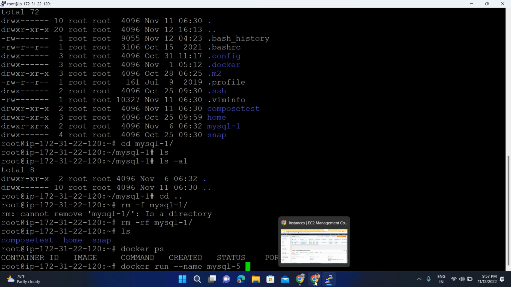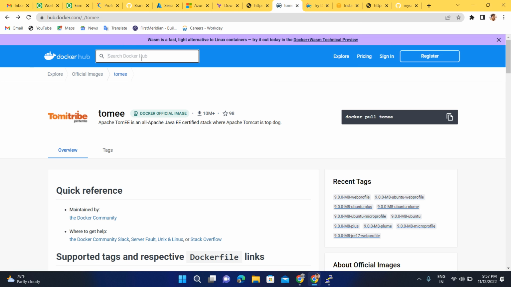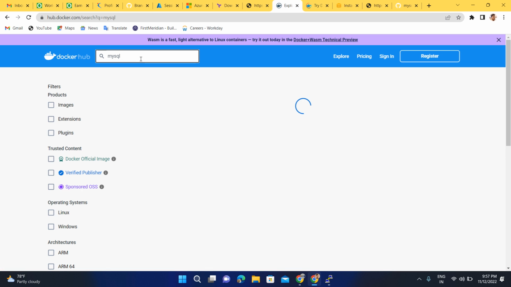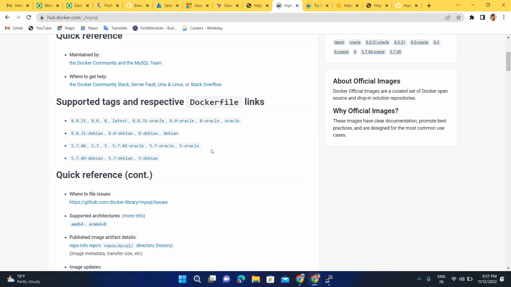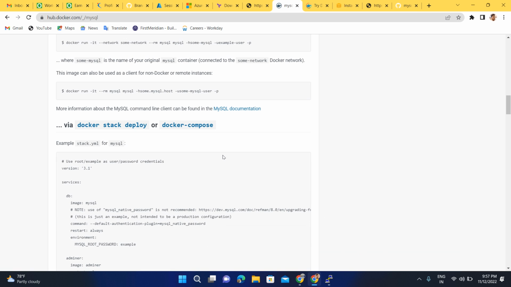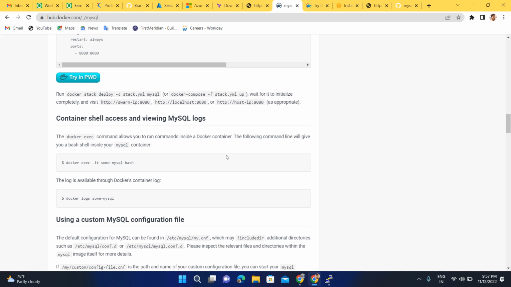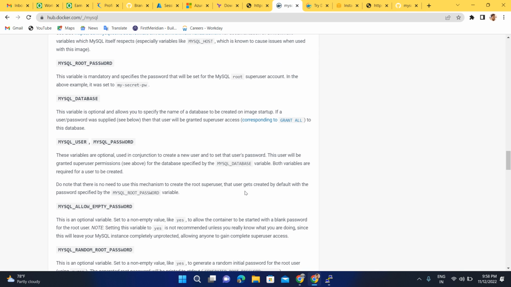We will go through the documentation once, and you will get some clarity about that. MySQL, the official image. Go through the official image. These are the documentation, guys. Everyone can do it easily. No one needs to bother about remembering the code and all these commands. Simply go through the website